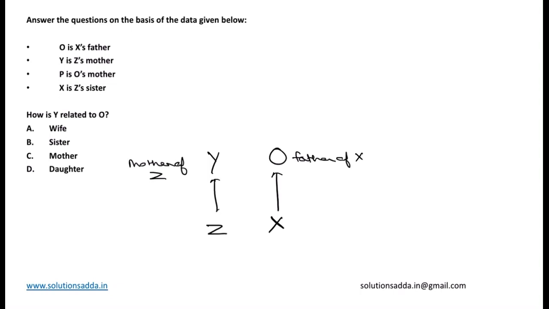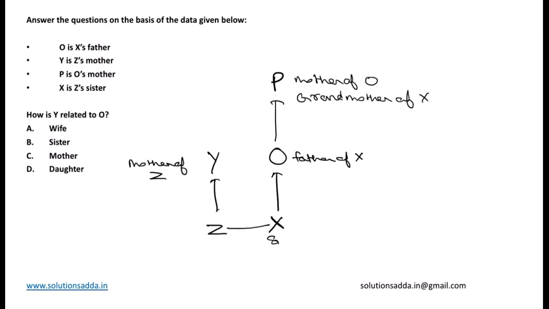P is O's mother. So P is here and mother of O, indirectly grandmother of X. X is Z's sister. X is sister of Z. Therefore brother of